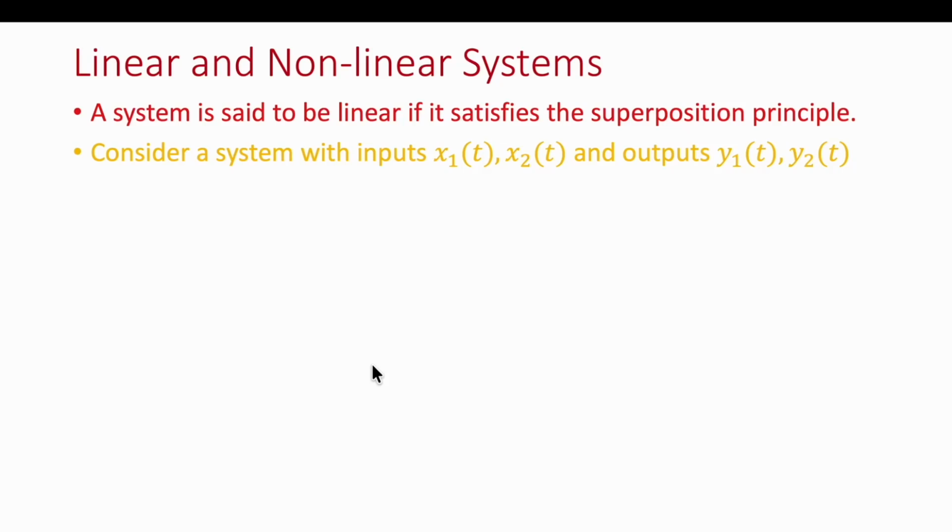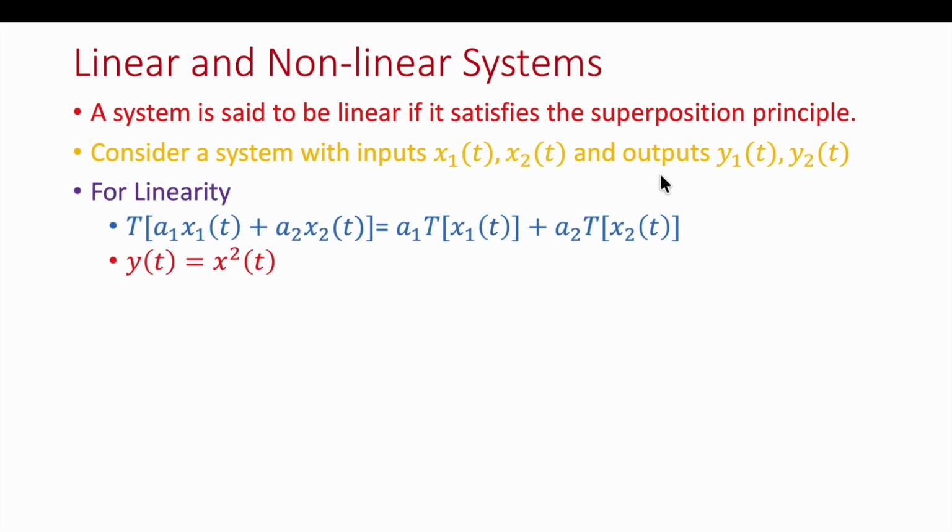In this video, we will discuss linear and non-linear systems. A system is said to be linear if it satisfies the superposition principle. Consider a system with inputs x1(t), x2(t) and outputs y1(t) and y2(t). For linearity, the transform of a1 x1(t) plus a2 x2(t) is equal to a1 times the transform of x1(t) plus a2 multiplied by